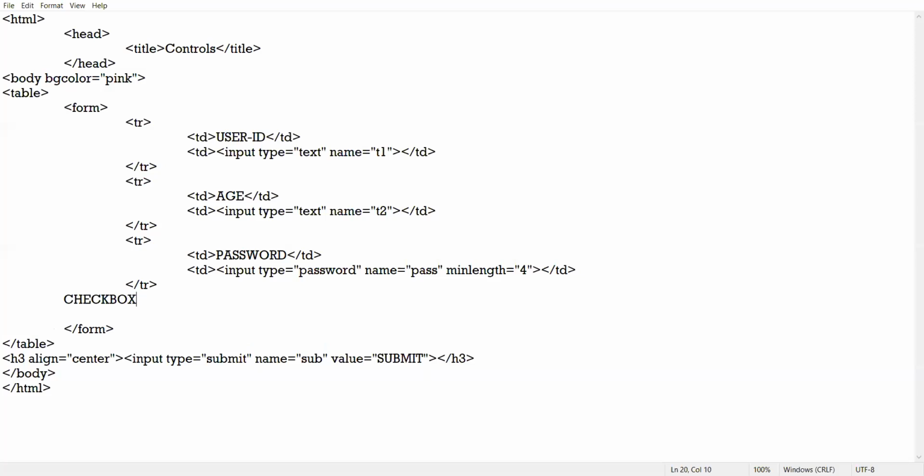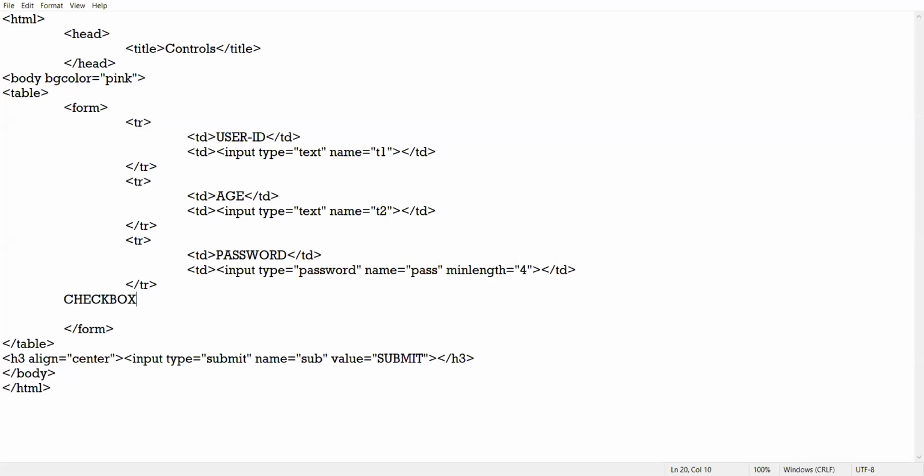Okay, and you can tick mark, you can activate as many boxes as you want, right?